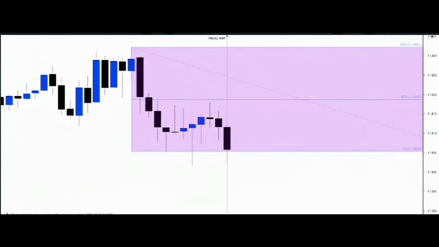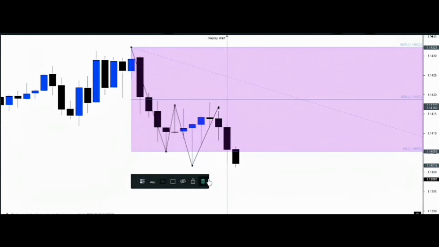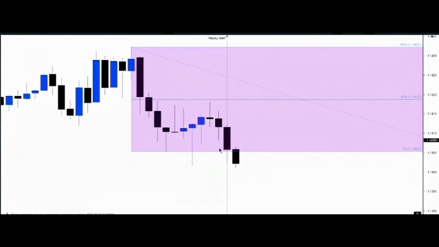No, that's the third leg. This is it. Let me show that to you from this high. Price printed this, went back higher, printed this, okay, and then went back higher. Can you see that? Now look at this high. It's higher than this previous candle's high. All right, let me take out this for you to see. It is higher than this previous candle's high. So this becomes your inducement. This is your inducement